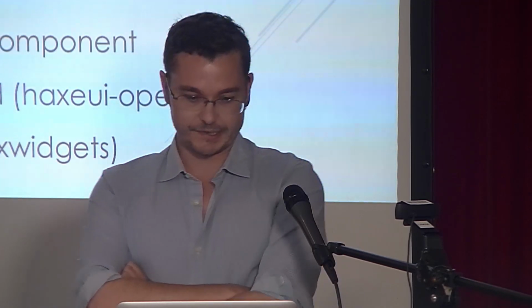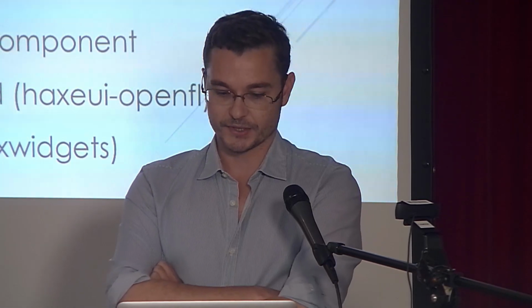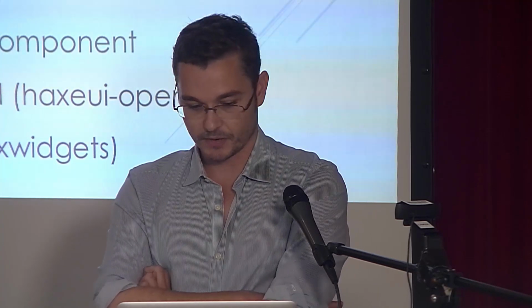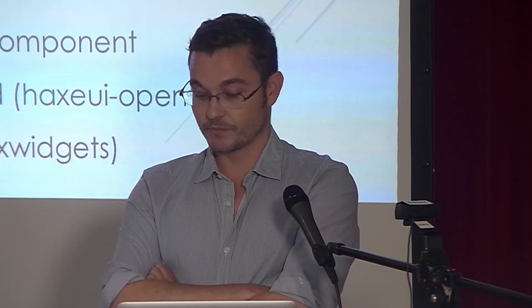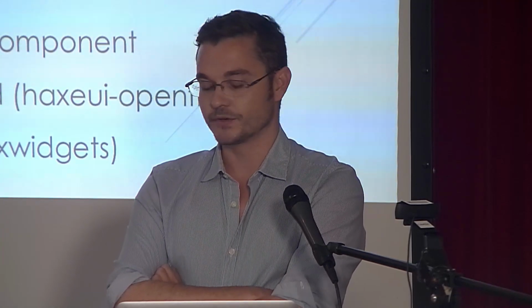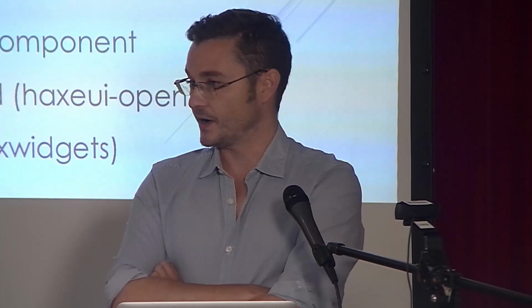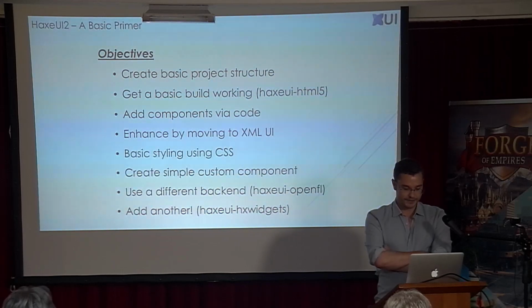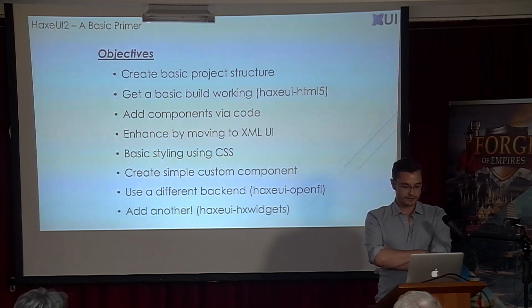So the first one, this is just a really basic HaxeUI primer. So what we're going to do is just create a basic project structure, get a basic build working, which we'll use HaxeUI HTML5, which is one of the backends. I use that one by default generally because it's fastest, it's really, really fast to compile, and it's just very easy to test. Then we'll add some components via code, which is, I guess, maybe what some people like doing,